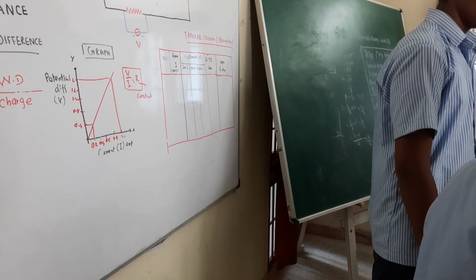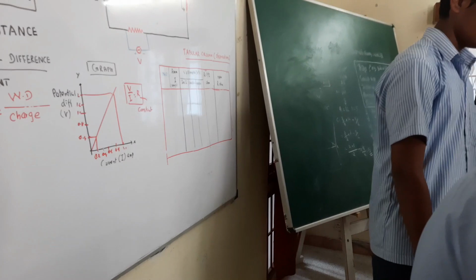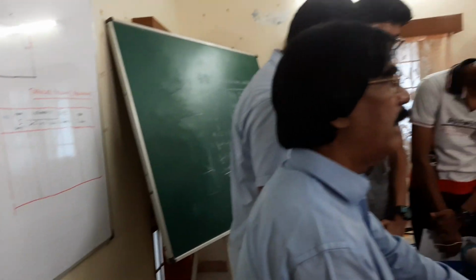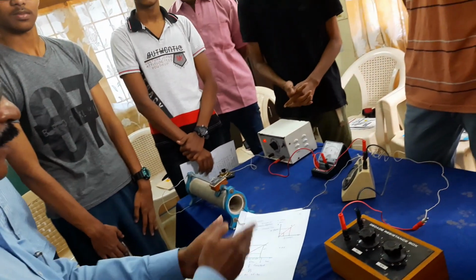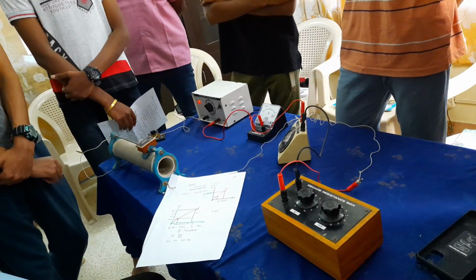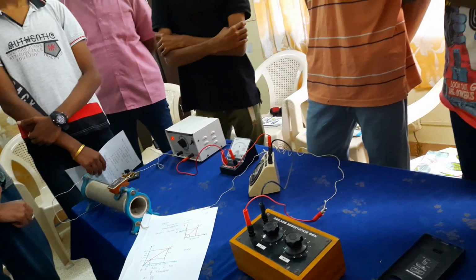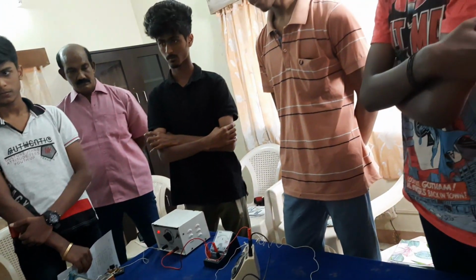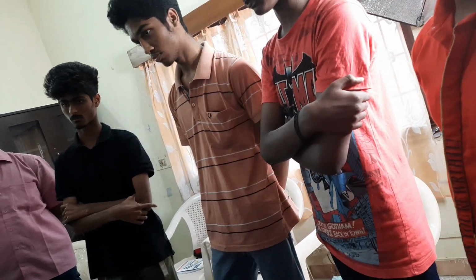M stands for the slope. We can find the slope. So V by I is the slope. That is the resistance. So you can verify. Another way of verifying this experiment is by Ohm's law. Have you understood this? Now it's all right? Yes. You understood all these things? The next session you have to do it. You yourself should do it, right?